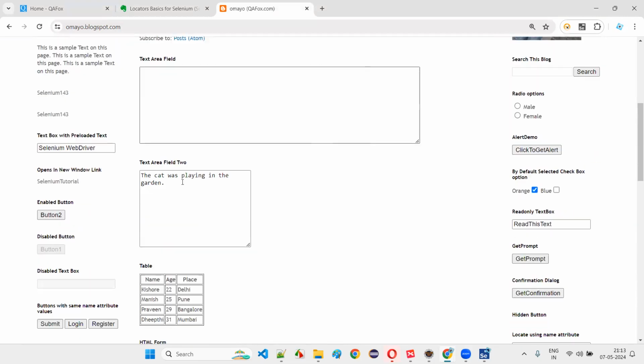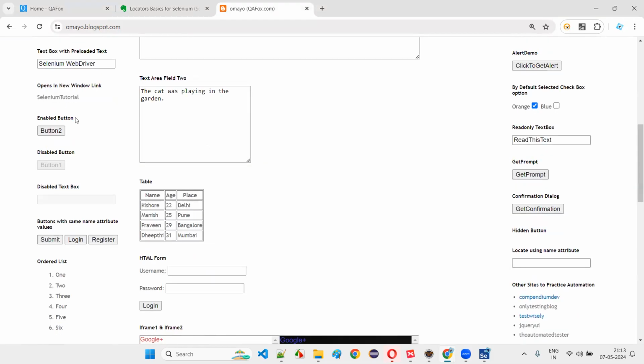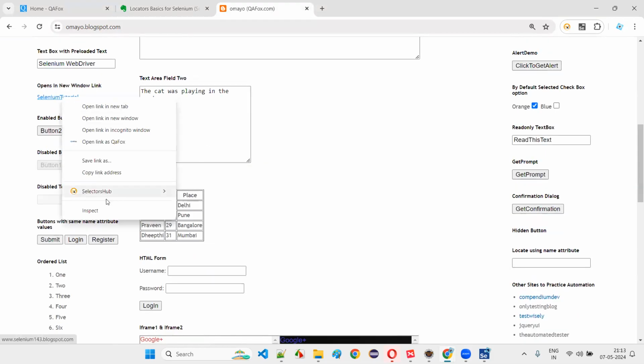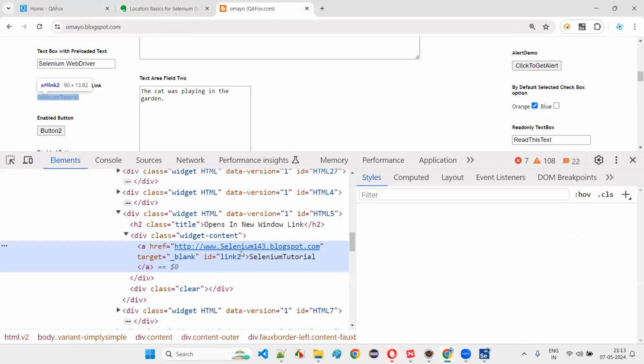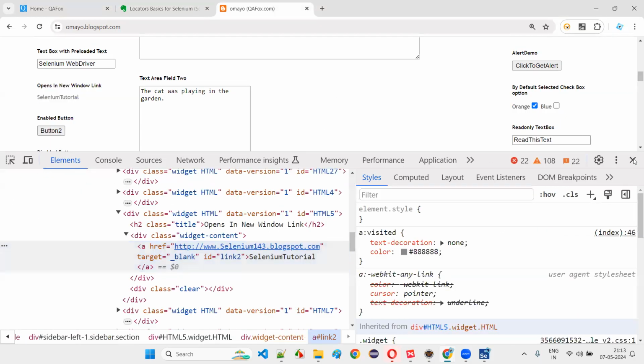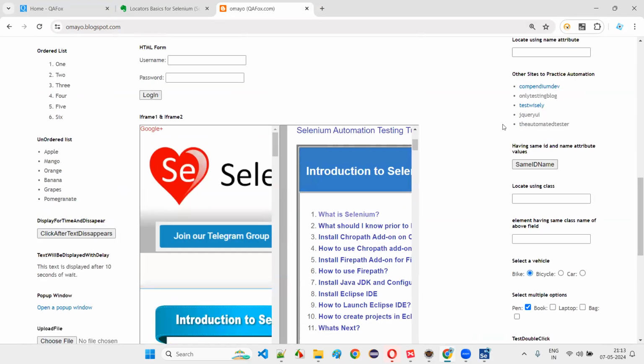So here I would like to click on one link. Which link do I want? Selenium tutorial. Inspect this and let's see what will happen. What type of things are there? If it has some ID, I'll not take that ID. I want a hyperlink which doesn't have anything in it. For example, I'll take this